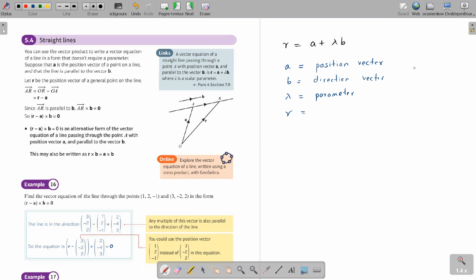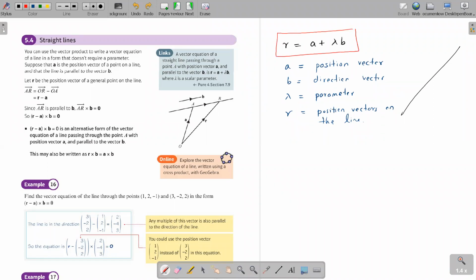So now when you talk about a straight line, you may have millions of points. Outside of the line also you have many points, right? So this r here is calculated when you add a and lambda b, it adds up to give you values of r, where r will actually be what? A coordinate on your line. So r is a position vector on the line. Okay, so that is the equation you learned in P4.